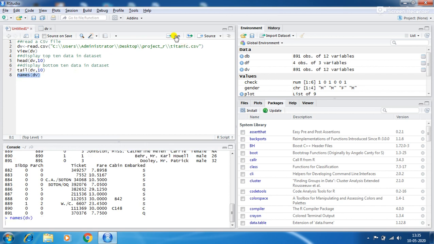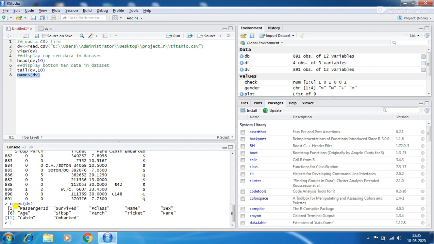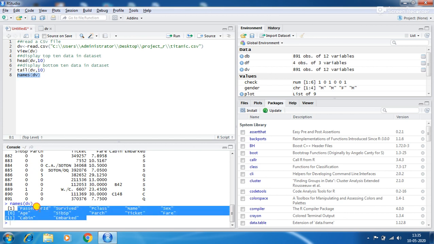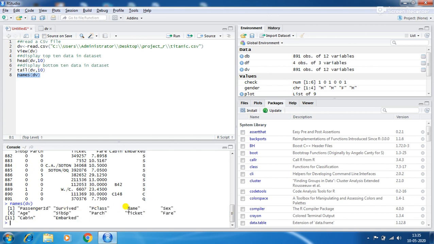Select it and run. These are the column names: passenger ID, survived, P class, name, sex, age, SibSp, Parch, ticket, fare, cabin, and embarked.